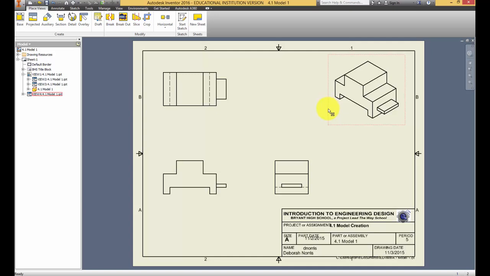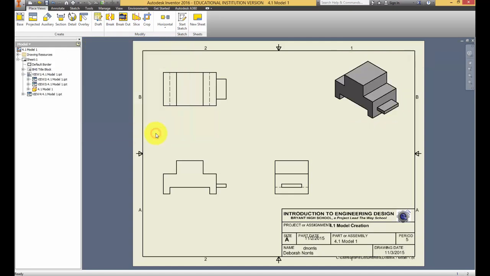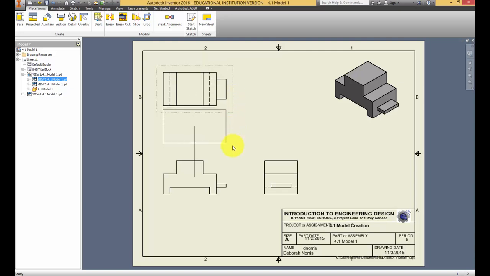So I get on the red box, the red square that surrounds it, double click it, and I come right here to make it shade and say okay. If I wanted to enlarge it or shrink it, here's where I can enter the scale. Now I have it shaded. Notice that I can take the right side view and move it left and right. I can take the top, and you grab on the little red dotted square around it, and I can move it up and down. If I take the front, everything's based on the front, so I can move it this